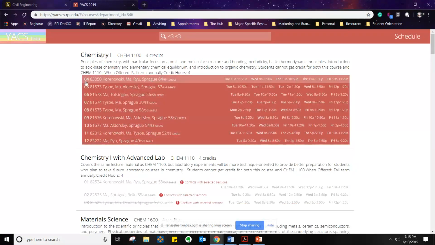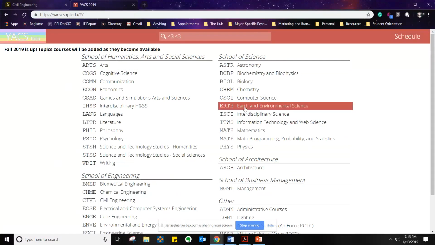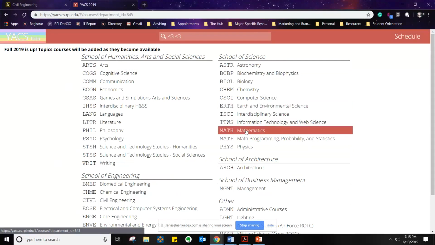And if we look across at the information, these numbers here are the section of the course. The number that starts with an 8 here is the CRN, and I'm going to mention the CRN a few times. Then you have the faculty, you have the number of seats, and then the days and times that the classes are. So we got chemistry that we know we're going to take. I've clicked it, so that means that is selected and saved. I'll go back to the main page where we can go look at mathematics.